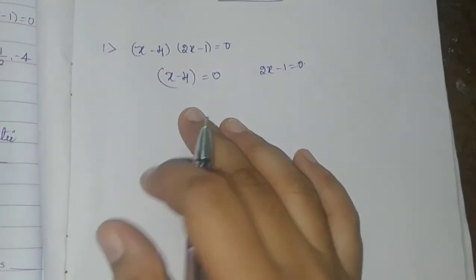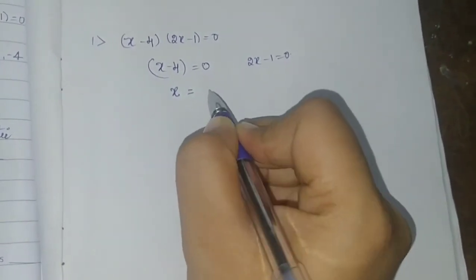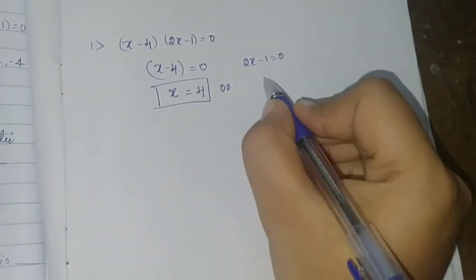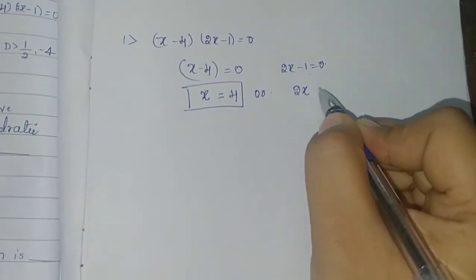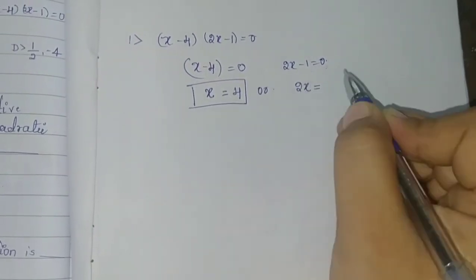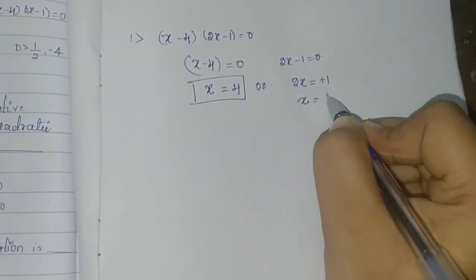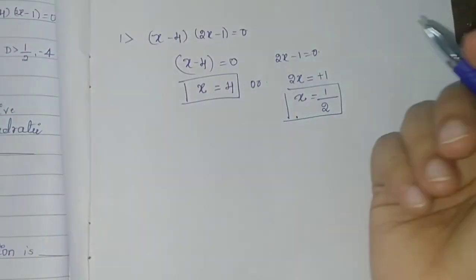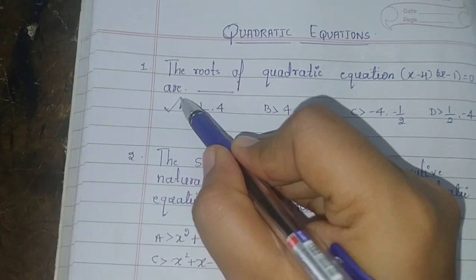So in order to find the roots, x will be is equals to this x minus 4 is there, right? So it will come here, means it will become 4. So the value of x is 4, and again one root is 2x minus 1 is equals to 0 is there, right? So 2x will be is equals to here minus 1, it will come here, means it will become plus 1. So x will be is equals to 1 divided by 2. So the roots of this quadratic equation are 4 and 1 by 2. Okay, so the correct answer is option A here.